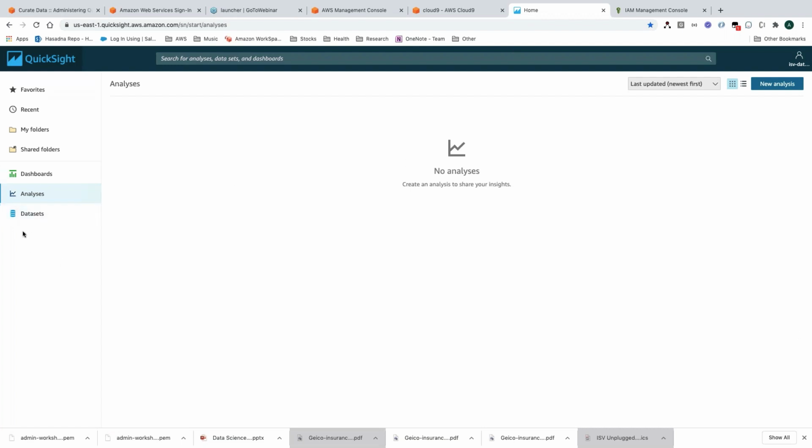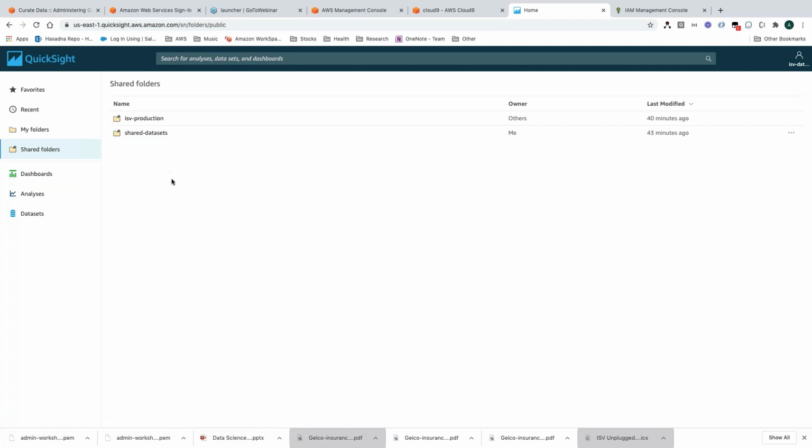and I can see the analysis if I've created something, or a data set, or shared folders that have been shared with me. These are the shared folders. Notice the ISV test is not here because this user does not have permissions on ISV test. There's permission on these two folders. So what we will do now is we will